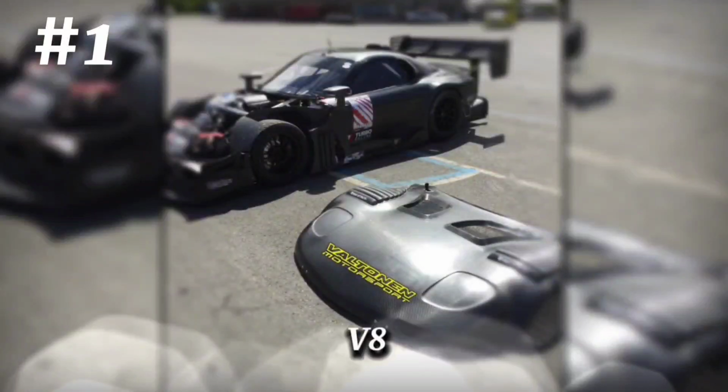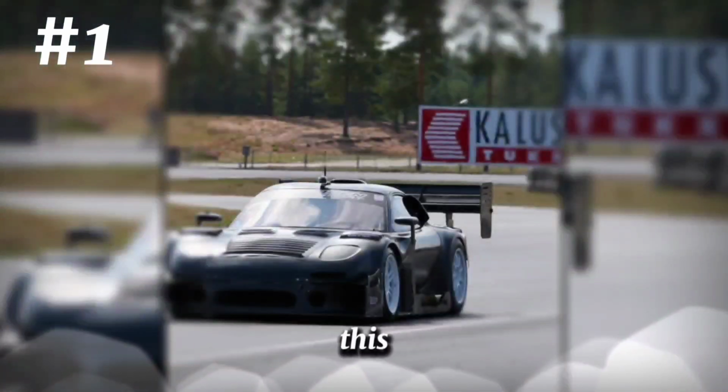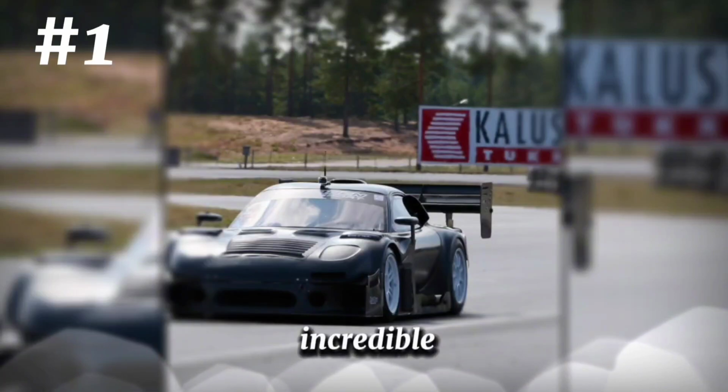The VK45 V8 delivers a powerful and throaty exhaust note, while its naturally aspirated design ensures instant throttle response. Combined with the lightweight carbon fiber body, this RX-7 achieves an incredible power-to-weight ratio,